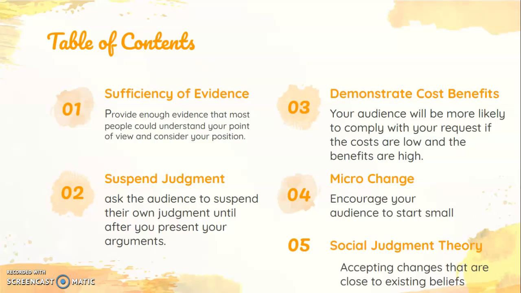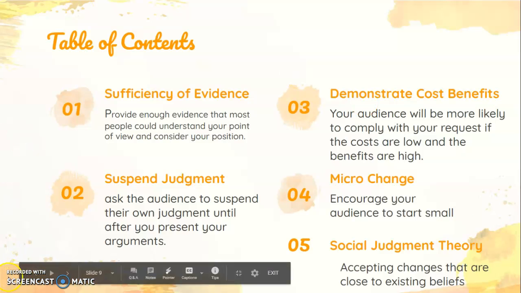And number 5 is social judgment theory. So this theory is basically accepting that it's easier to make changes if you show that your point and your objection is close to their belief. So again, this is kind of like making small changes, but if you can persuade them that your ideology is very similar to theirs, and here's why, it can really help them follow your argument a little better. All right, and that is all I have for